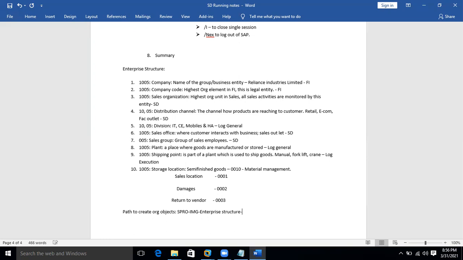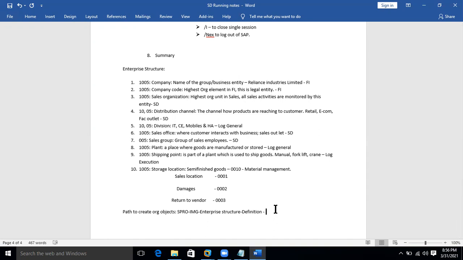Okay, in enterprise structure, you will have a definition section. There you go and create all these objects based on modules. I'm not writing further navigation because when you go to definition, you will have modules, then you will have create options for each object.